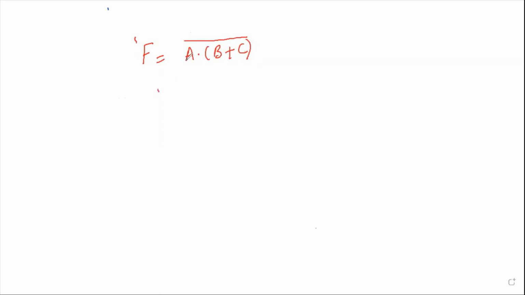Now in this I see there is an AND operation between B and C, and B and C are connected through an OR operation with A. Okay, so let's see how we are going to implement this. In this case, I know that there is an AND operation, equivalently NAND. I can make this as one quantity, so it is just a NAND logic.